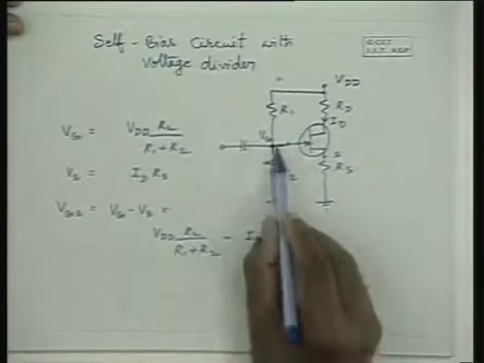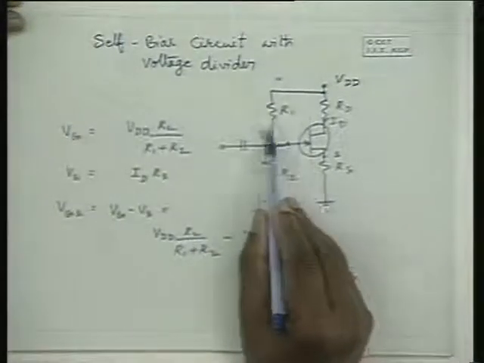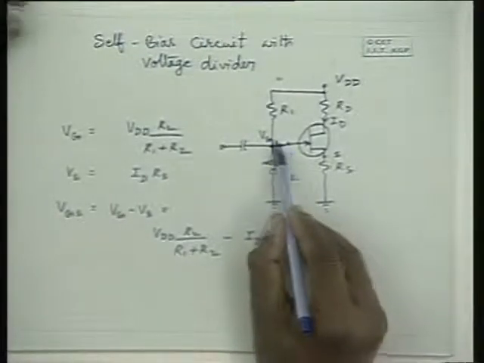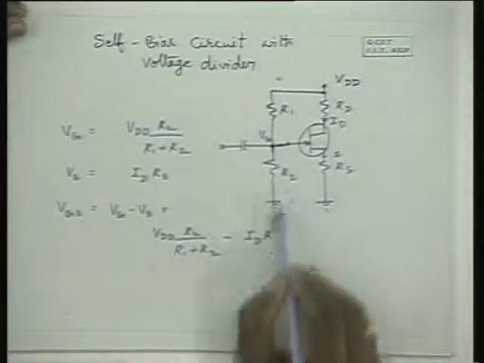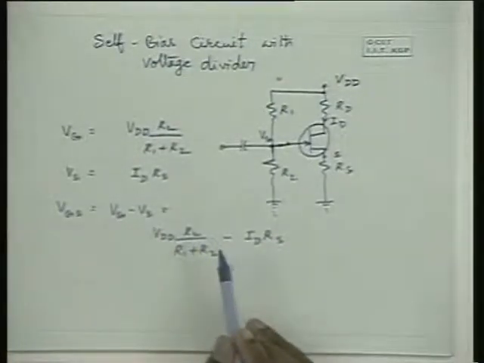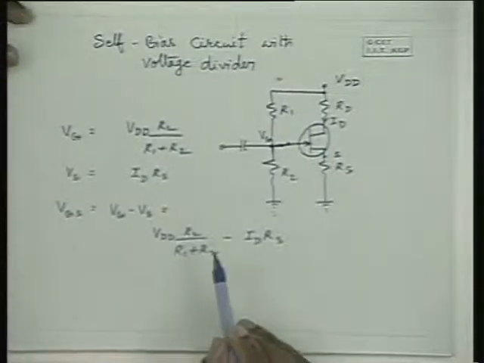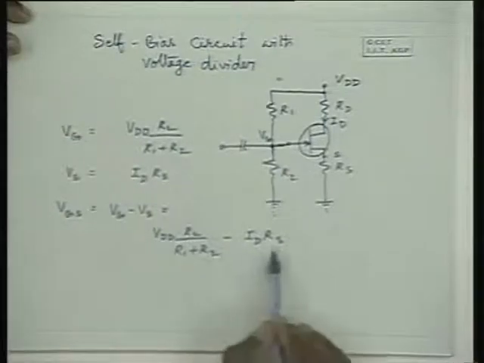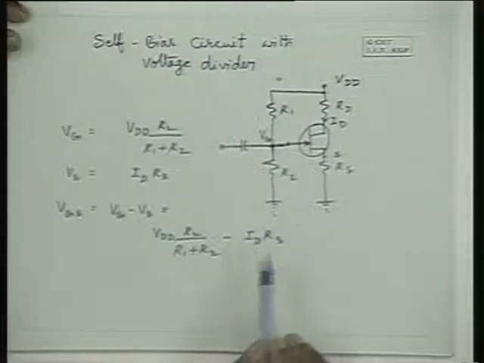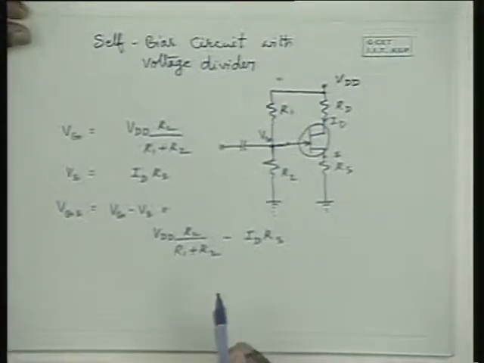So it is not only guided by IDRS, it is also determined by some external potential. That is the facility you are getting here. Now VDS can be more flexibly varied, VGS can be more flexibly varied with a constant term and the ID dependent term. So that is the advantage in the circuit.